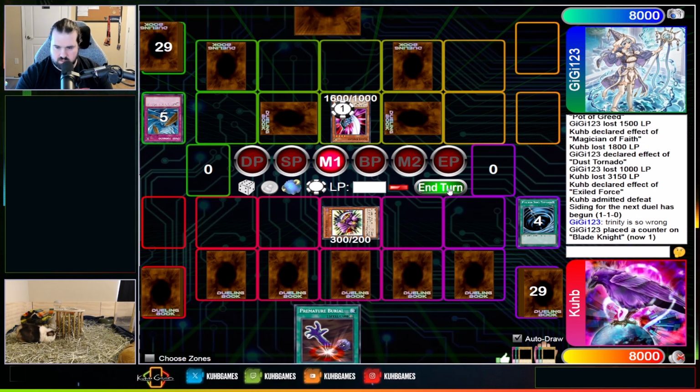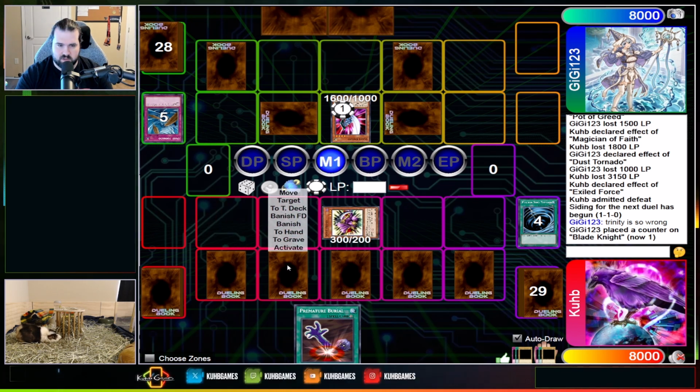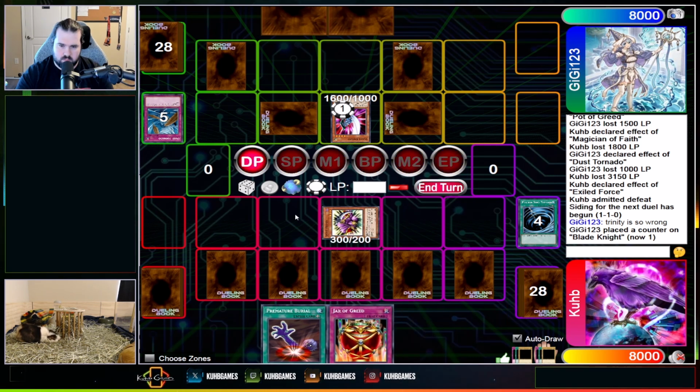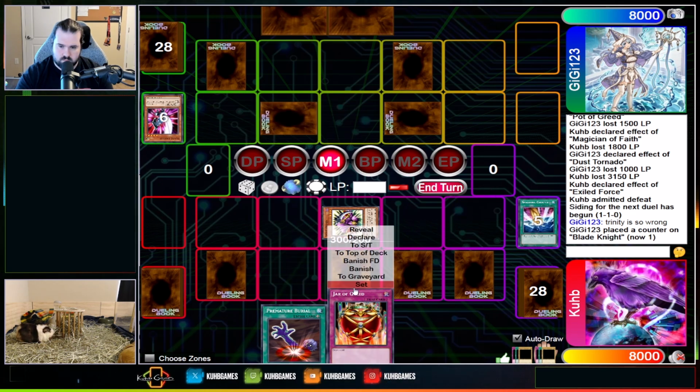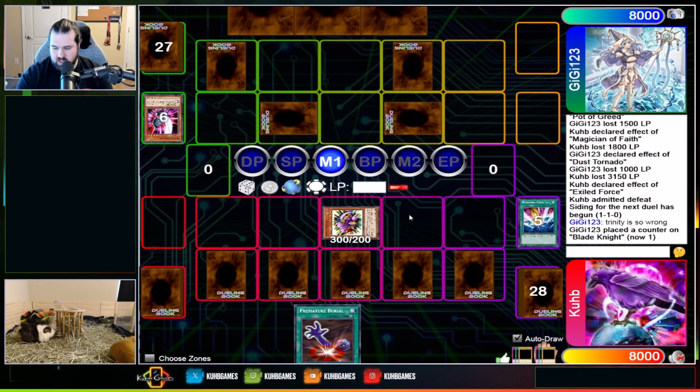I'll set Mirror Force. I'm not going to become Spell Trap locked, really, because I can just flip this Smashing around at any point. Okay. Yeah, we can 1-for-1 here. Set Jar of Greed. Our opponent has shown all 3 Dust Tornadoes, but they haven't shown the MST yet, so